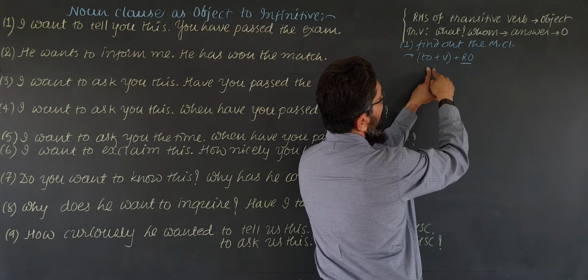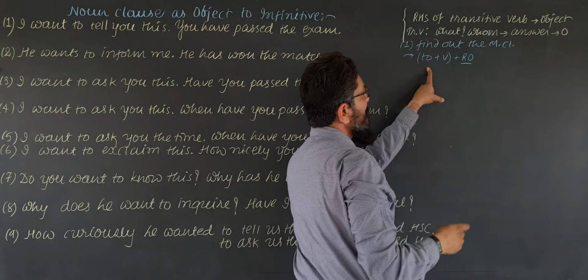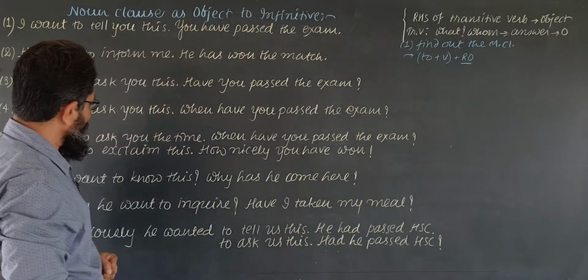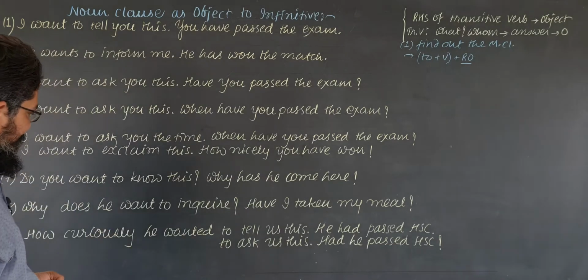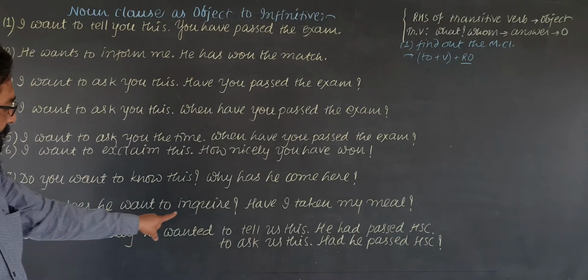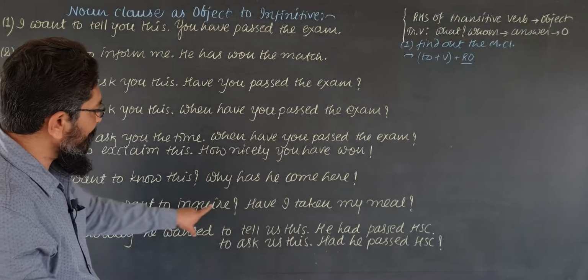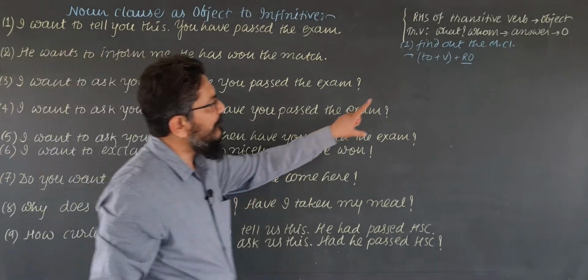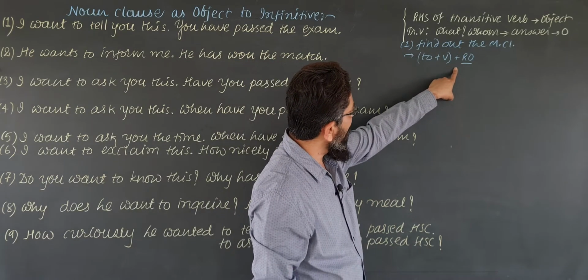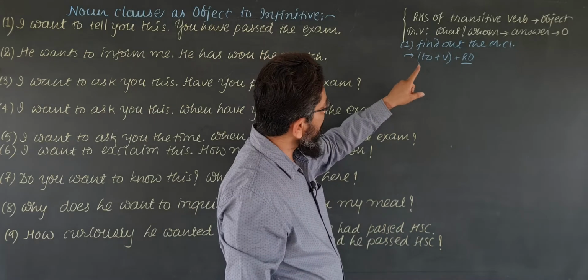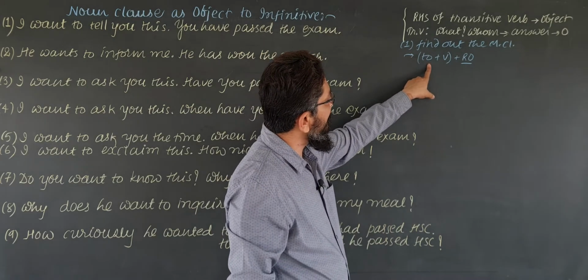So this is main clause. Sometimes removable object will not have been given, but infinitive will have been given to you. It happens. Why does he want to inquire? See, it should be why does he want to inquire this, but that removable object has not been given, but infinitive has been given. So the sentence which is having to plus verb in it is going to be the